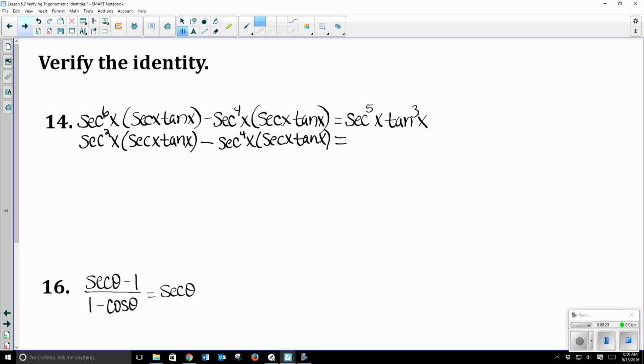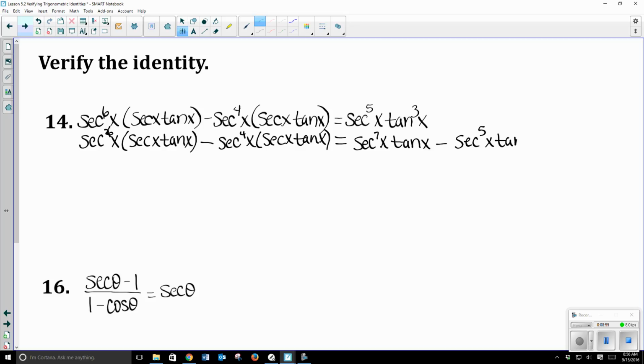I see that can be condensed, and if I condense it, in other words, simplify it, then it will help me. It'll start looking a little bit more like the right-hand side. So, oops, that's a 6 right there. Secant to the 7th x tangent x. When I combine secant to the 6th x and secant x tangent x, that's what I get. Minus, combine the secant to the 4th x with secant x tangent x would be secant to the 5th x